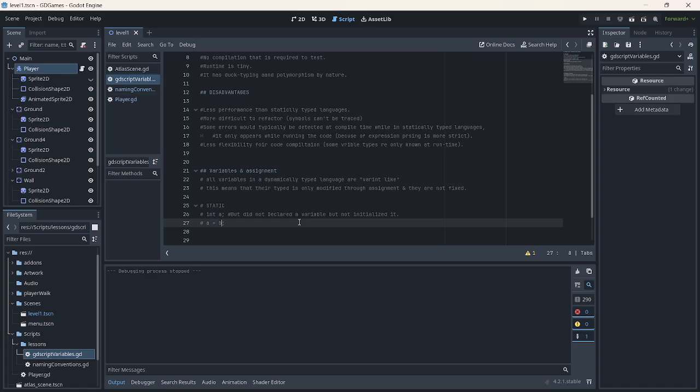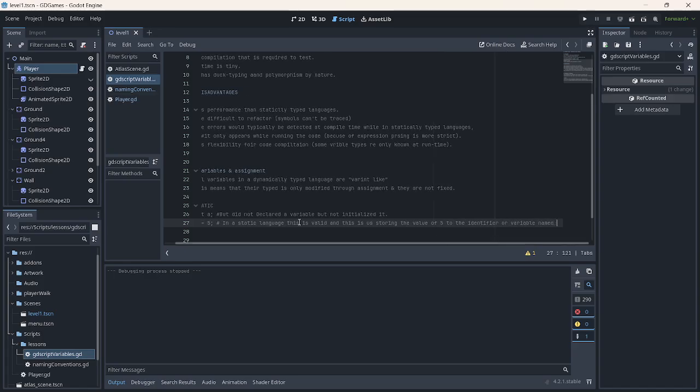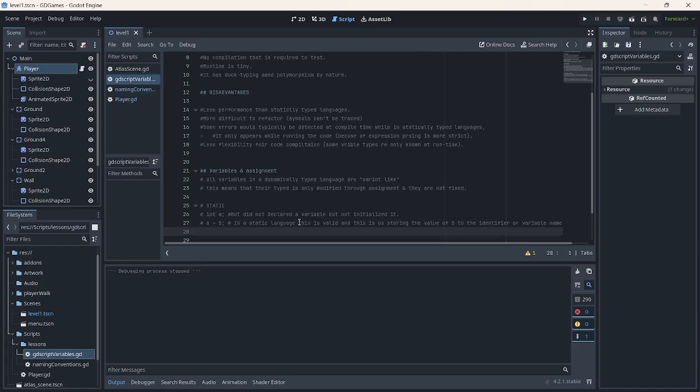In a static language, this is valid, and this is us storing the value of 5 to the identifier or variable named A. That means we can now utilize that letter A as the identifier in our code instead of using the number 5. And this is a data type, integer.